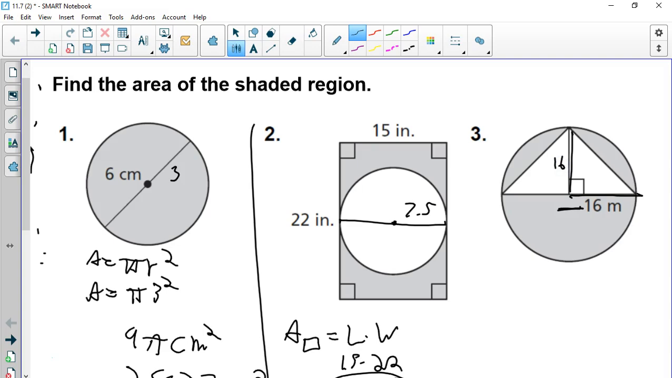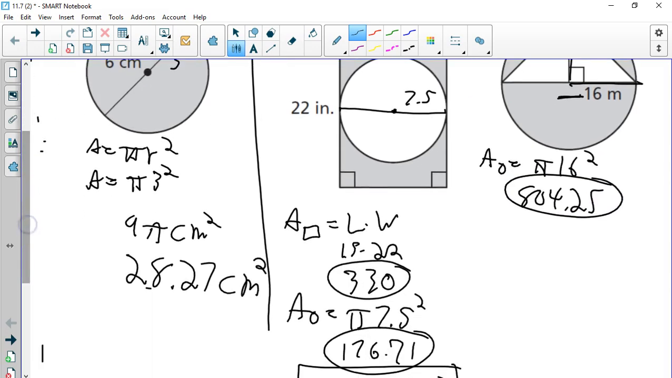All right? So, again, we're going to find the area of the circle, and that's going to be pi r squared. So 16 squared, which is 256, times pi is 804.25. It's 247, so we round up to 25. Okay, so there's that. Now, area of the triangle,